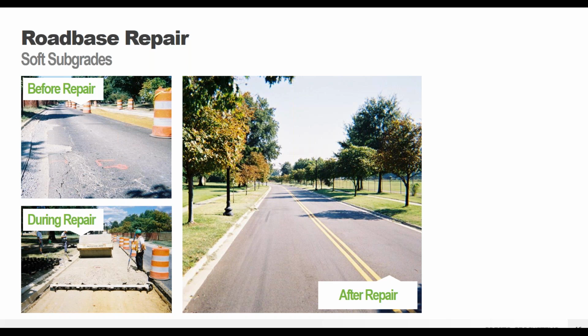With the GeoWeb system, the failed asphalt and the base layers are removed, then the panels are laid down, filled in with a granular material, and then a fresh paved surface is placed over the panels. Now you've got that good strong base leading to a strong surface. It's going to look cleaner, it's going to last a lot longer. You're not going to need to go back and patch it, not going to have as much maintenance, all of those good positive things.